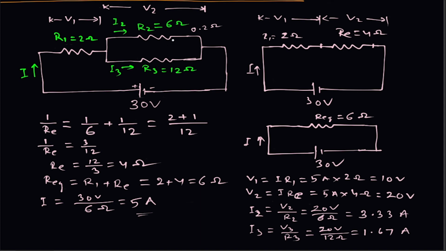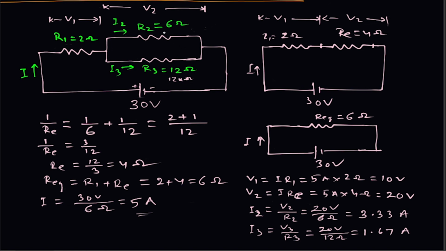Similarly, suppose I will say this R2 is now, let us delete this. Similarly, we can say that if this R2 is 6 ohm and this R3 is 12 kilo ohm, or it may be 12 mega, then what will be this branch current and these two currents and voltage drop? You can see that in this case, this 6 ohm and 12 kilo ohm are in parallel, and you can see the wide difference between R2 and R3. It is 6 ohm, it is 12 kilo ohm.